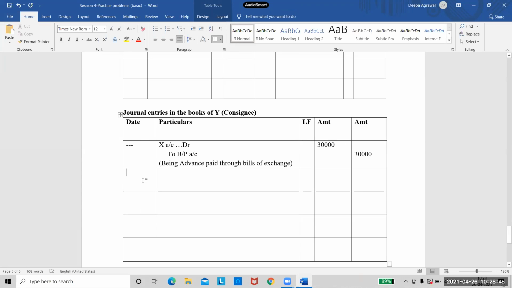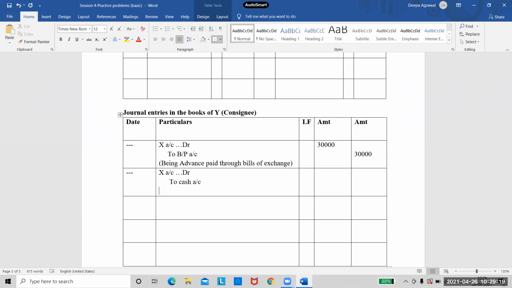Now move forward to the second entry. Now what will the consignee write the second entry for? What will be the second entry related to? His expenses first. See, we should go in the order. Let us go in the order. So consignee's expenses. Again, he will write the entry as X account debtor to cash or bank, anything we can write. So we will write it as cash because he is directly incurring the expenses, right?